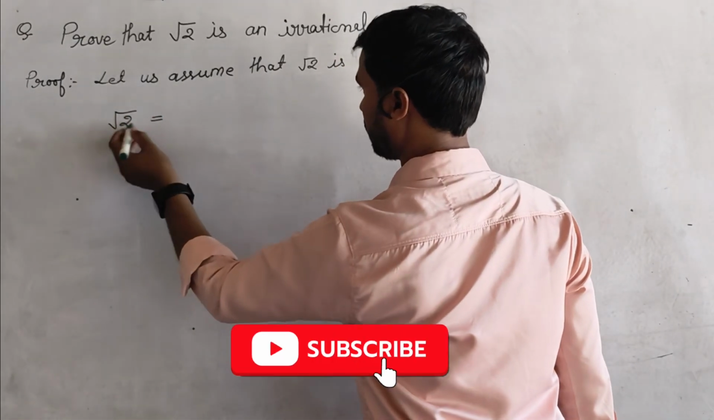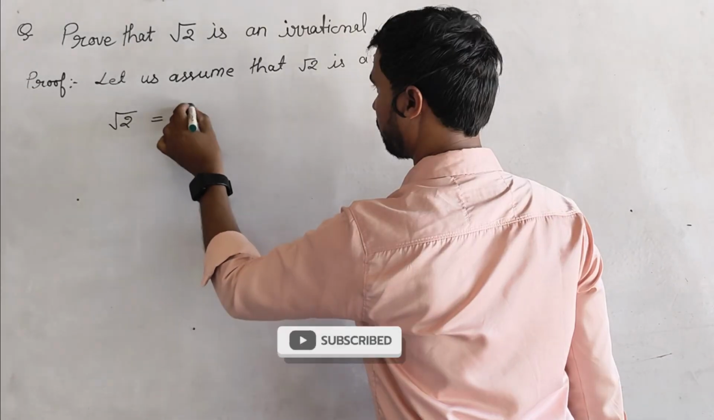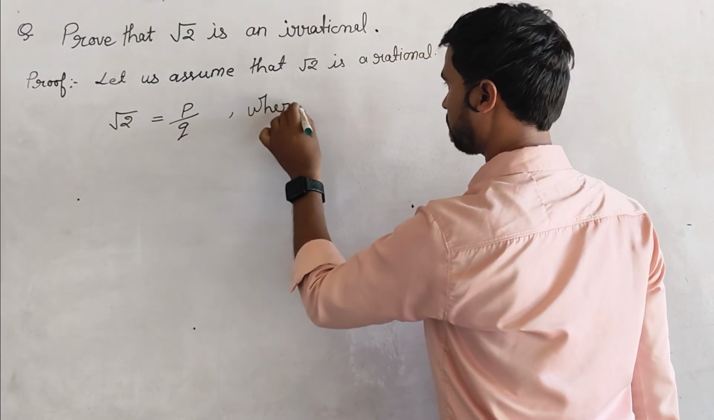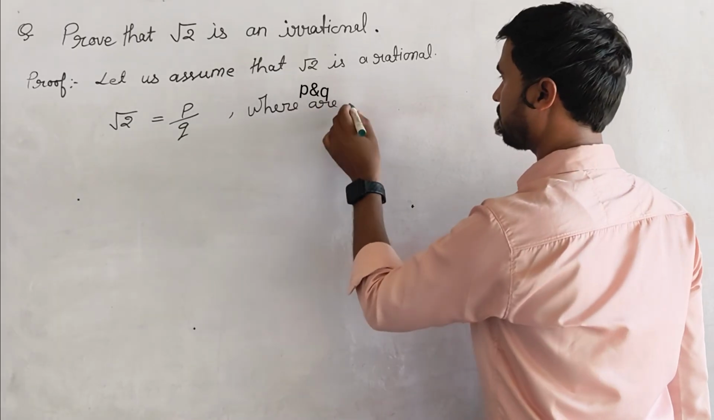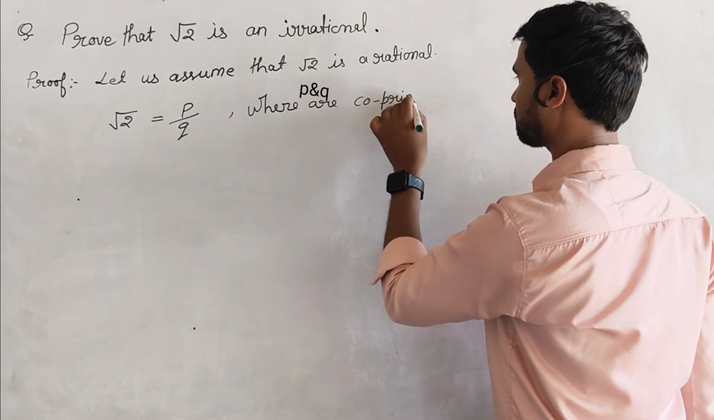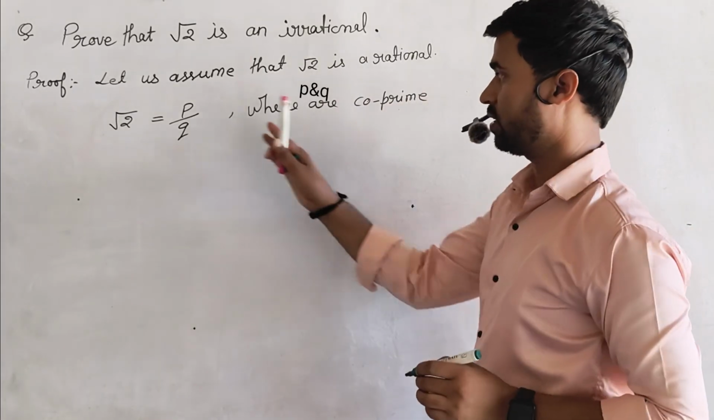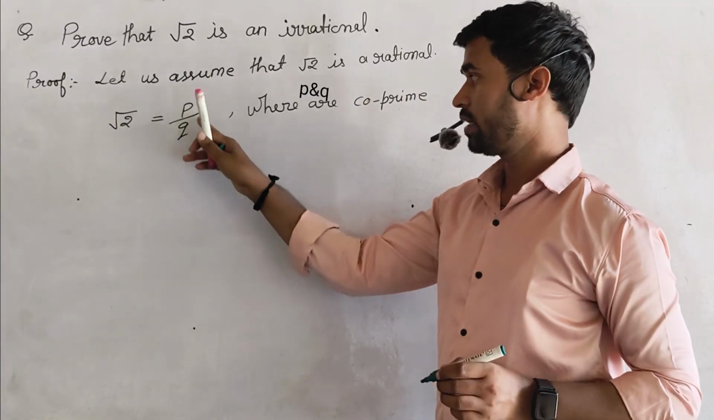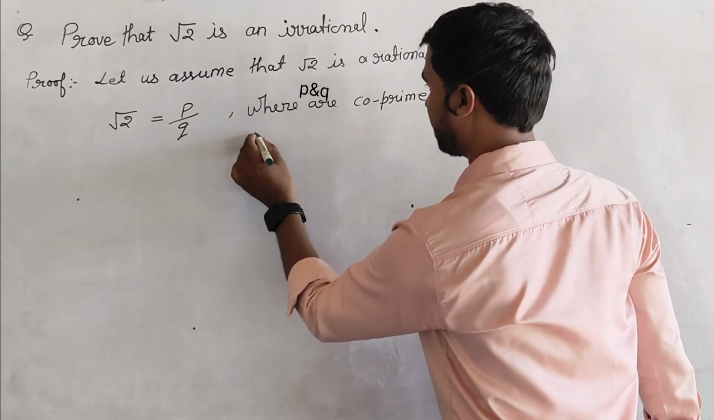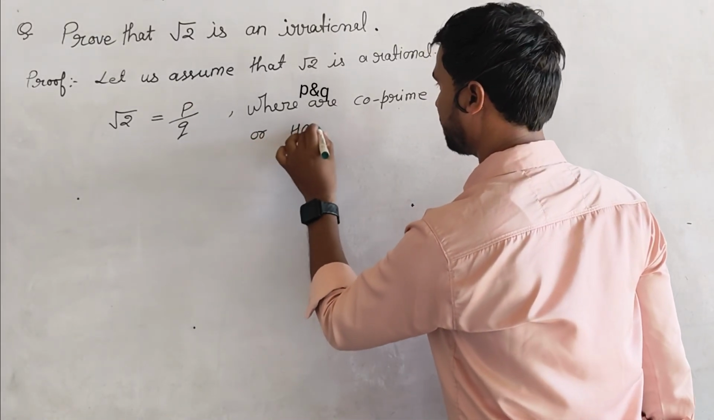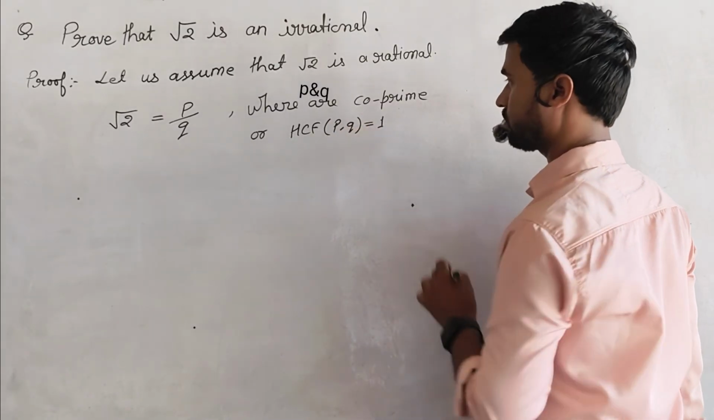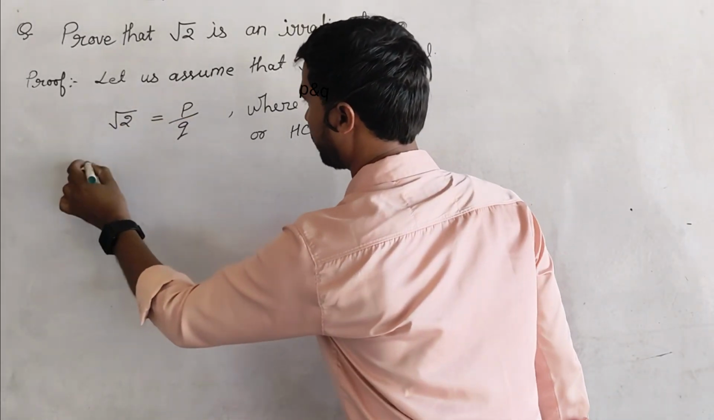So square root 2 is equal to p by q, where p and q are co-prime. Co-prime means there is no common factor between these two integers, or we can say the HCF of p and q is equal to 1. Now taking square on both sides,